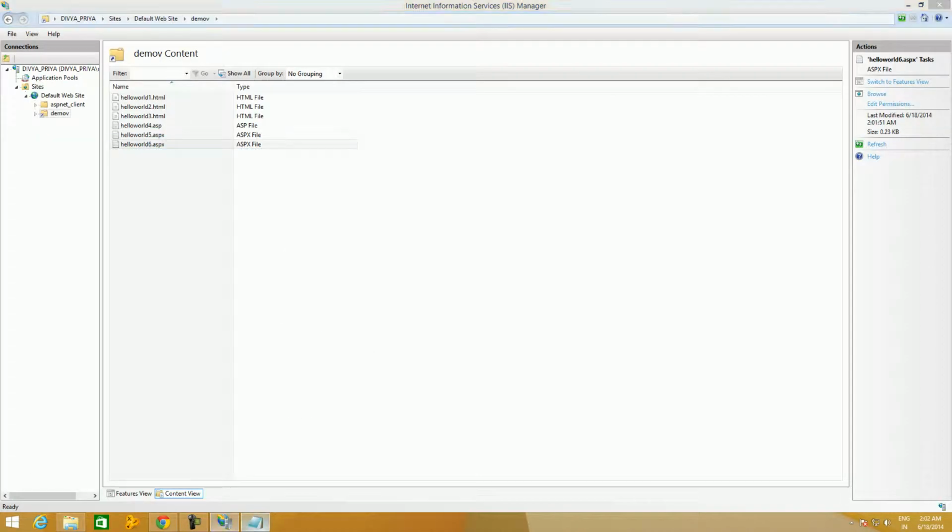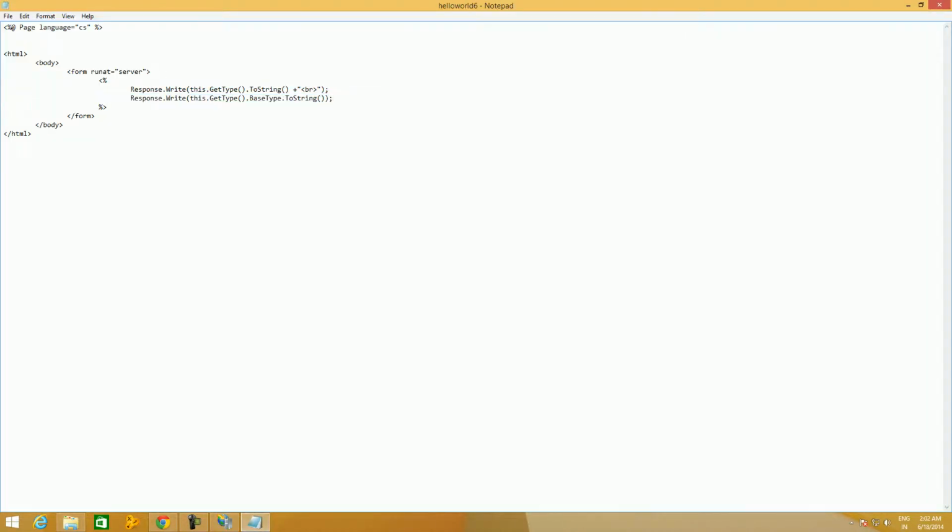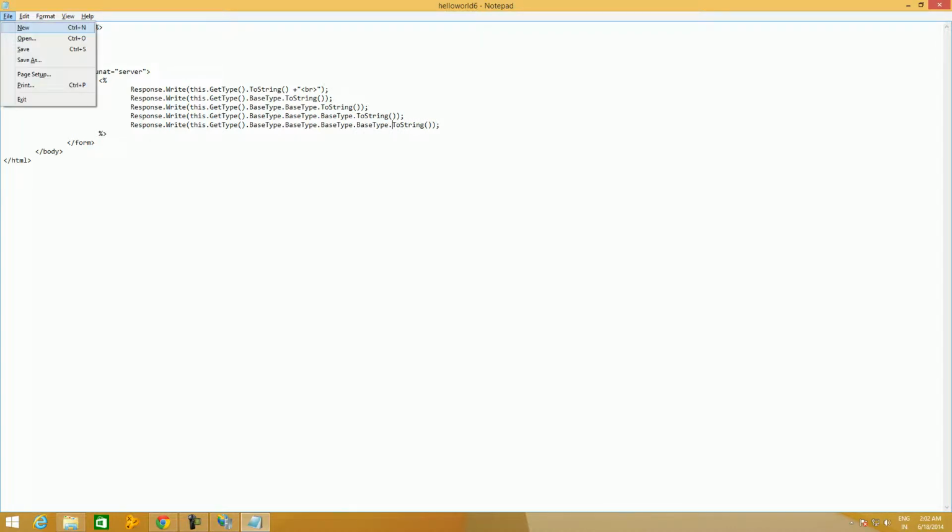So in this way, let us try to print all the base types of the page object. We can print the base types by using the base type keyword. So I have written 5 statements.